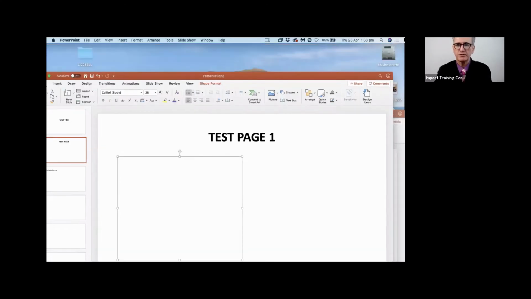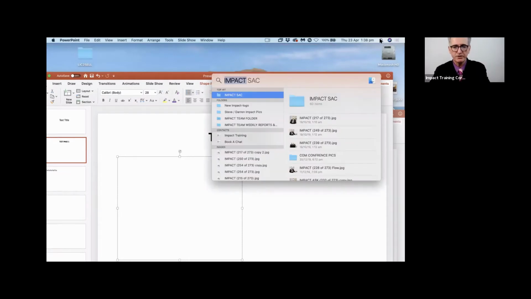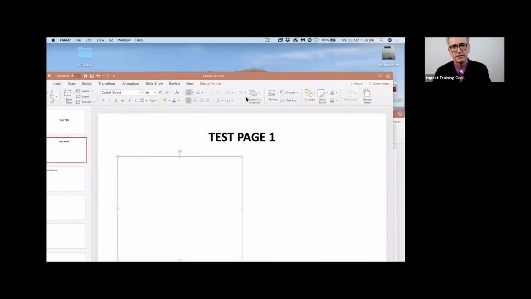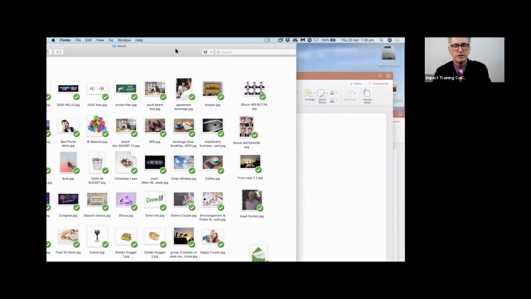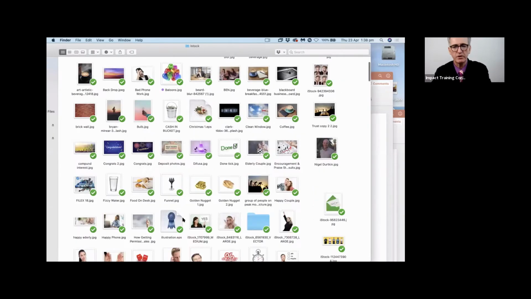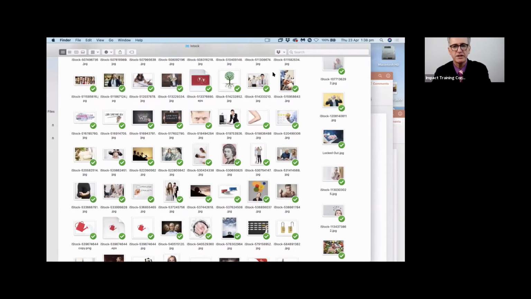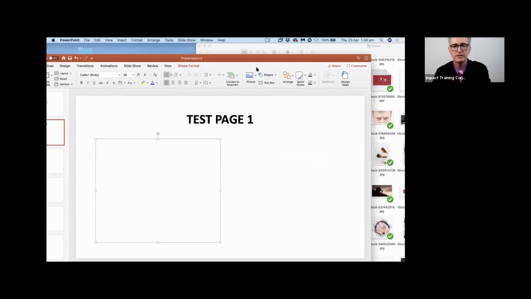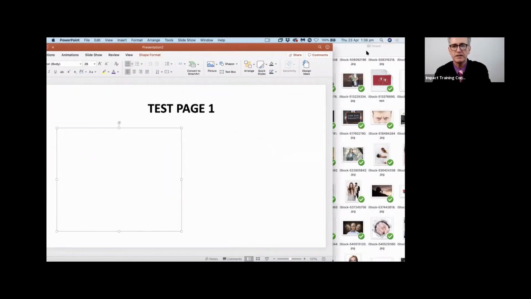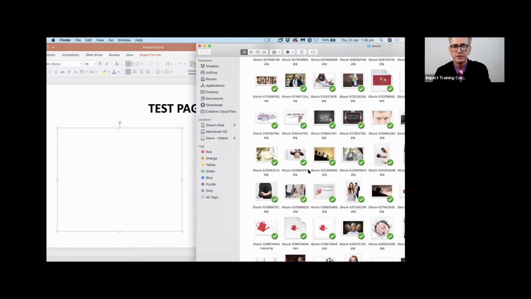So what I do is open up my pictures, just put iStock. There are all my pictures. These are the ones I bought, so I can keep them and use them for 100 years. Let's just say, are you ready? This is what you do, watch. This is so easy to do. There's your PowerPoint, there's my picture. Watch, I want to use that Are You Ready picture.